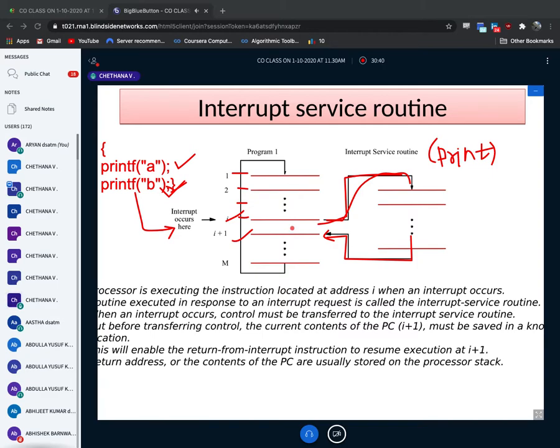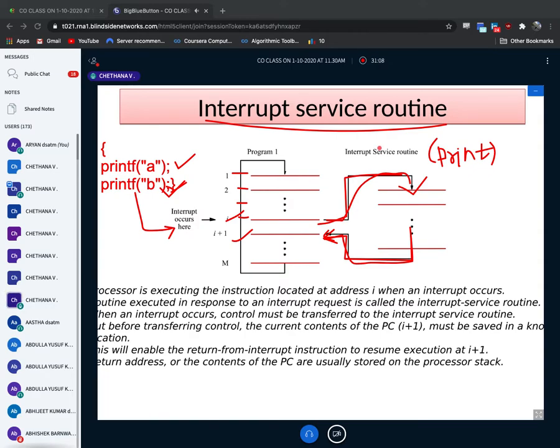So here my processor will be interrupted. Why is it interrupted? Because it requires the printer's help. The printer will print B, and then it will come back to your main program, that is nothing but the processor, and it will execute. Are you agree? So this is what the interrupt service routine is. Service routine means small work. We call them routines. That is what interrupt service routine is.